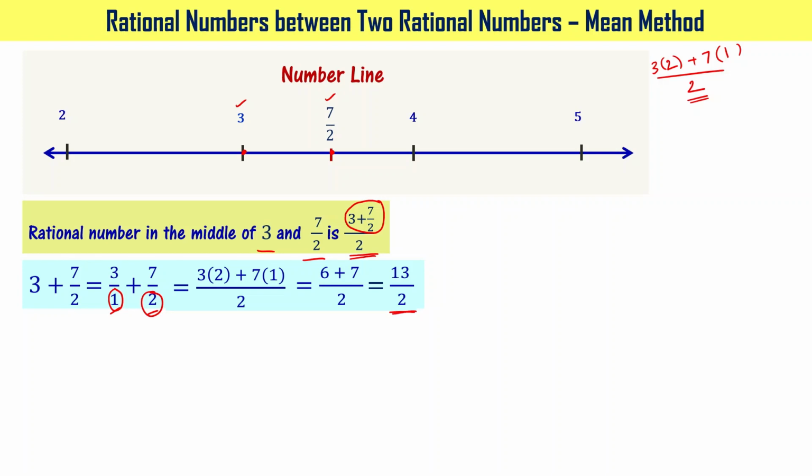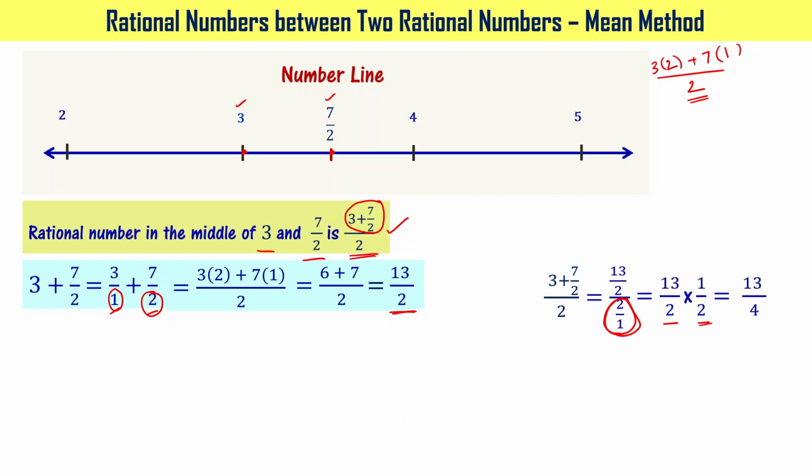What is the value of (3 + 7 by 2) divided by 2? That can be written as 13 by 2 divided by 2 by 1. When you have a division like this, you can write it as 13 by 2 times 1 by 2. Here you have 2 by 1, which is dividing 13 by 2.